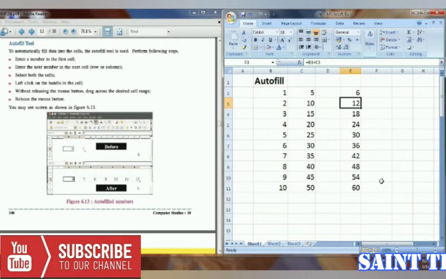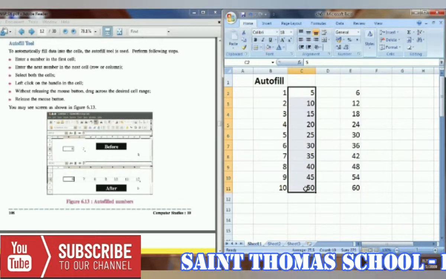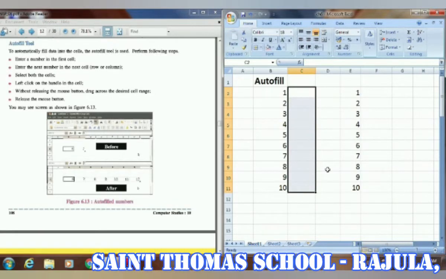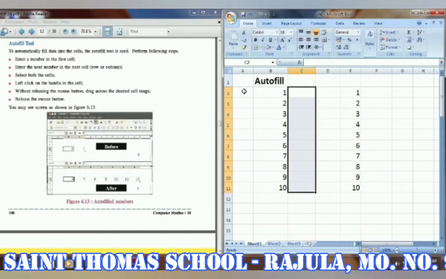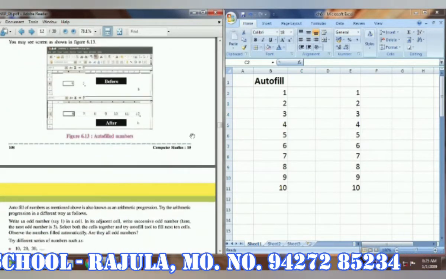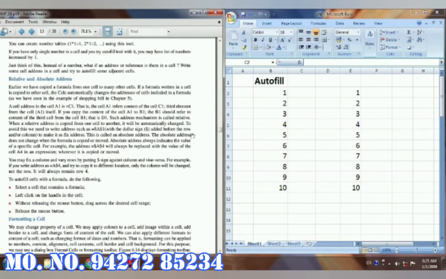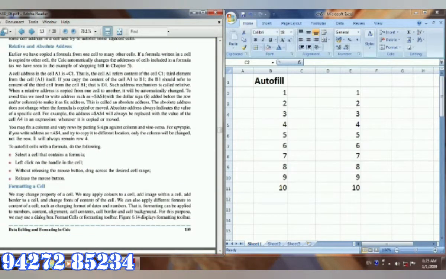But some of the time we don't want to change this type of data. We don't want to change the cell address. So how is it possible? That is possible. We have to make the cell address an absolute address. So how to make the cell address absolute? This is with the help of the $ sign. Whenever we are writing the cell address, at that time we have to put the $ sign before the address, then that will be absolute.